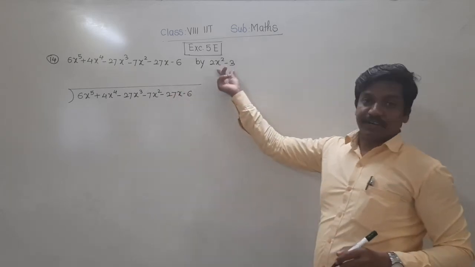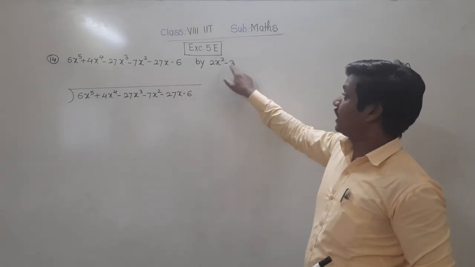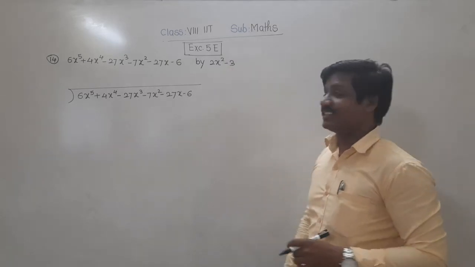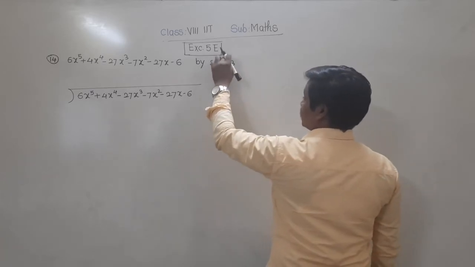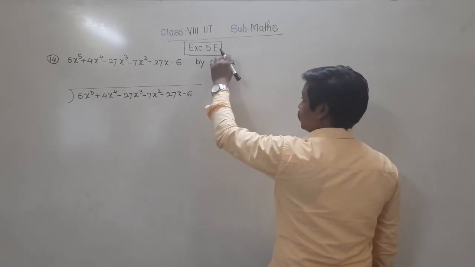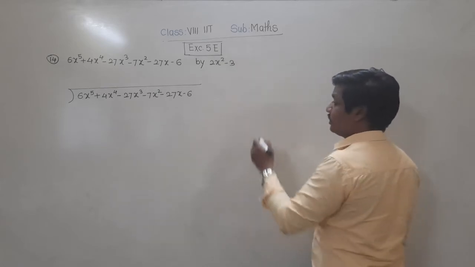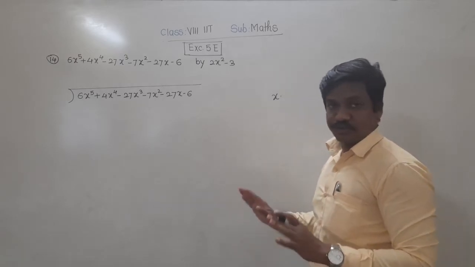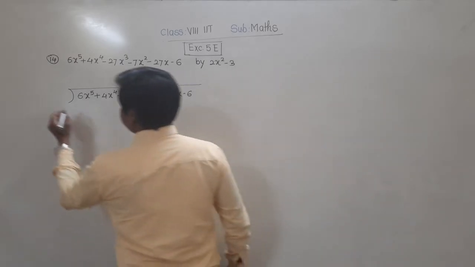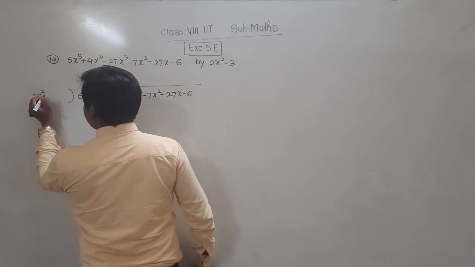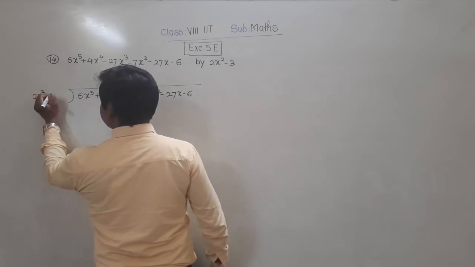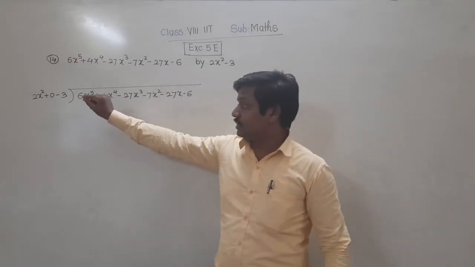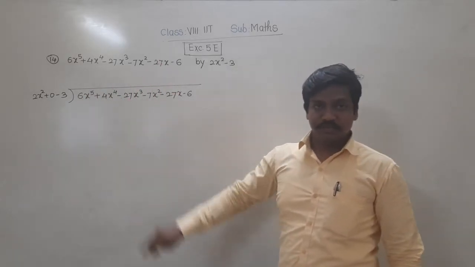Okay, now see this divisor, 2x square minus 3. Is it okay? Or something is missing there? Yes. Here, see, the exponent is 2, x raised to 2. So according to the descending order, there must be x raised to 1, that is x. It is missing, right? So we should not forget that. While writing 2x square here, don't write directly 3, here write 0 minus 3. Means that space keep empty or write 0.